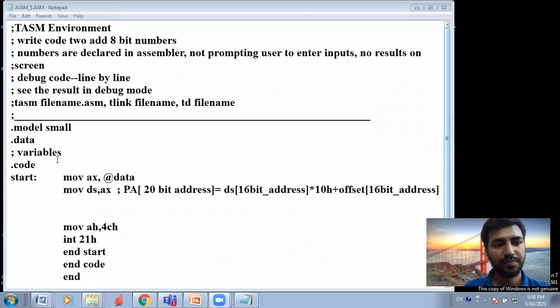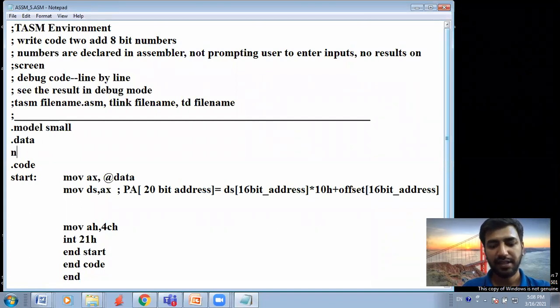These variables are these two numbers, number one, and then you have the syntax to define a number. So for an 8-bit number there is a memory location. DB is an 8-bit memory location. When it is a byte location, that's why DB. If I define it as a word, it would be a word location, but I'm taking it as a byte location.